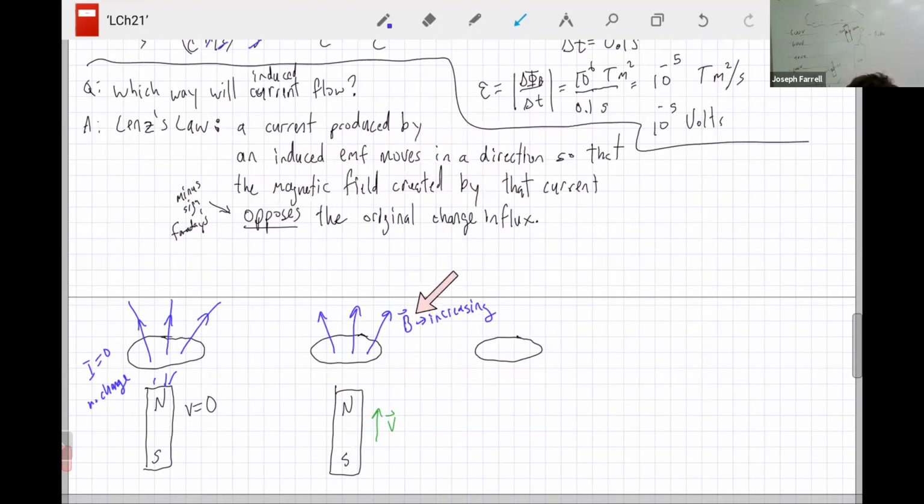So here we have a B that's increasing. It's getting bigger. The flux is getting bigger. So the induced current wants to make a magnetic field that, instead of pointing up here, is going to point down to oppose the change. And so here's Lenz's law: B induced must be down there to oppose the change. Then the question is, which direction of current is going to give you that? And I guess I probably should do this,